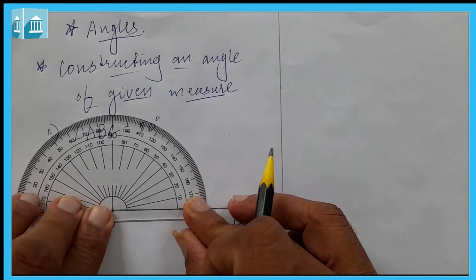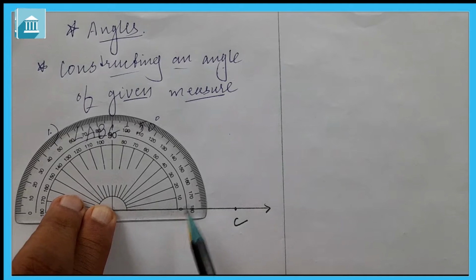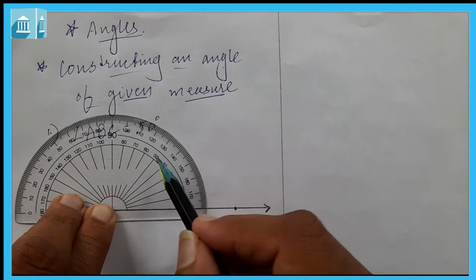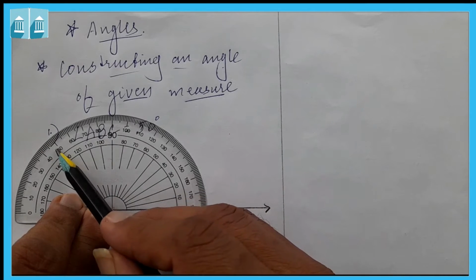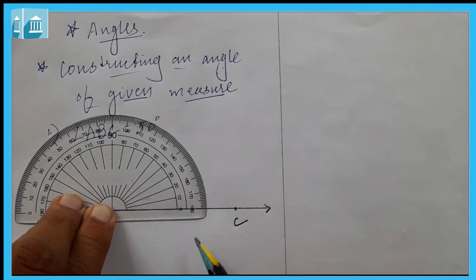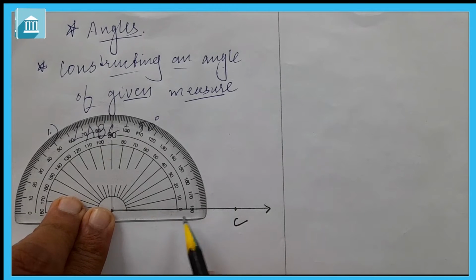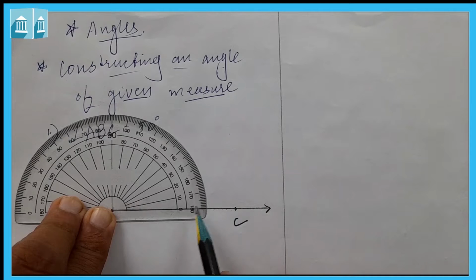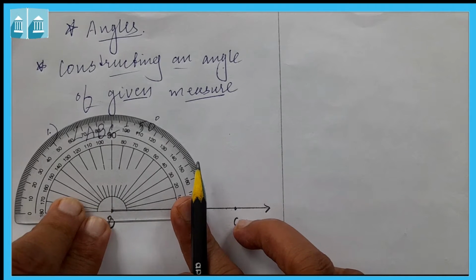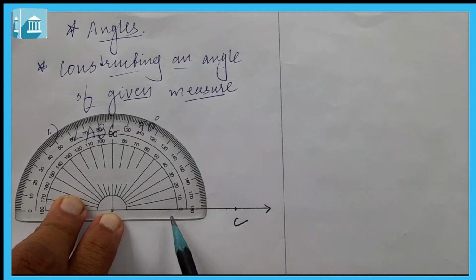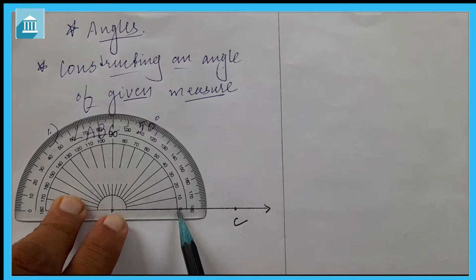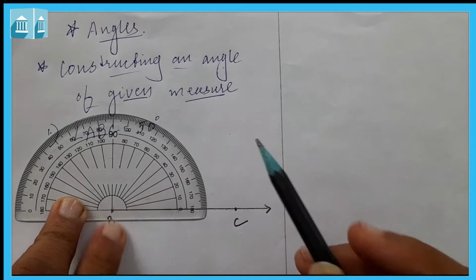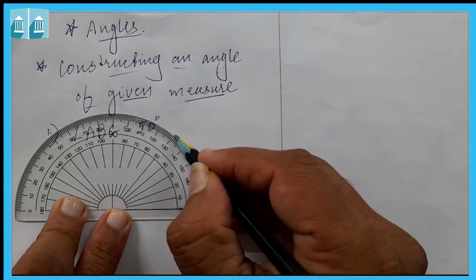Now as I told you, how to see whether we have to use this measurement or this measurement, because here 50 is here also and 50 is here also. So we have to see on which zero this baseline is there. Again I am repeating, here we have to see on which zero this baseline is there. ये baseline कौन से जीरो पे है? इस जीरो पे है तो ये वाला मेजरमेंट करना है, अगर इस जीरो पे है तो ये वाला मेजरमेंट करना है, यहाँ पर इस जीरो पे है तो हम यहाँ पे लिखेंगे.